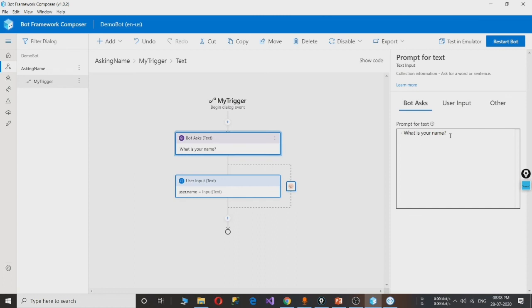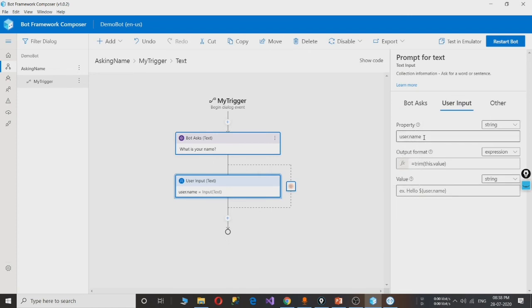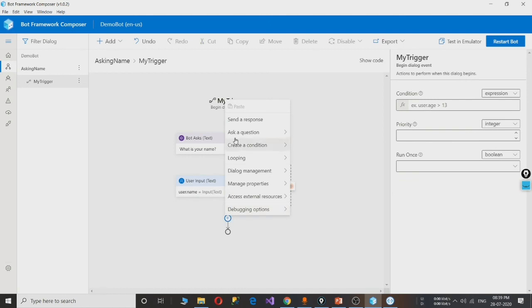Here I have given the sentence that the bot will prompt to ask the username, and this is the variable where the username will be stored. Now after getting the username, you want to display it to the user. So here you want to send a response to the user with the username.